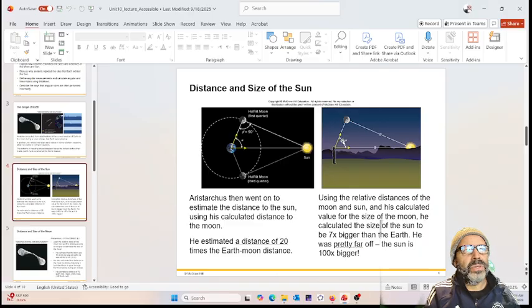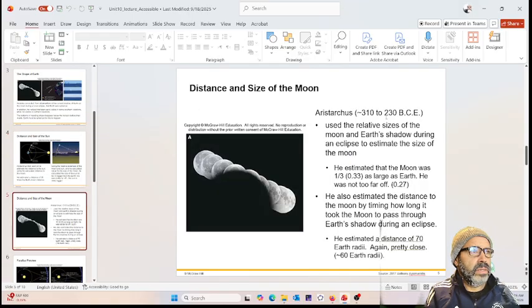So the reason is because this angle was estimated wrong. I mean, he didn't have a good measurement for it. So a better measurement gives you much better answers, closer to the fact that the sun is about 100 times bigger. Again, as I said,